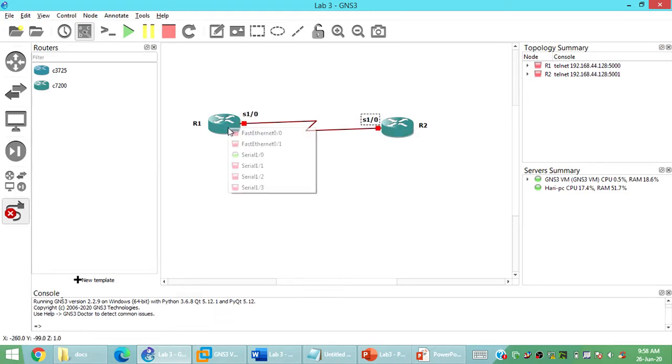Let me see if I can do it. Okay, done. Another thing is that I am typing FastEthernet 0/0. I think I should be typing 1/0 rather than 0/0, but pardon me for the same.